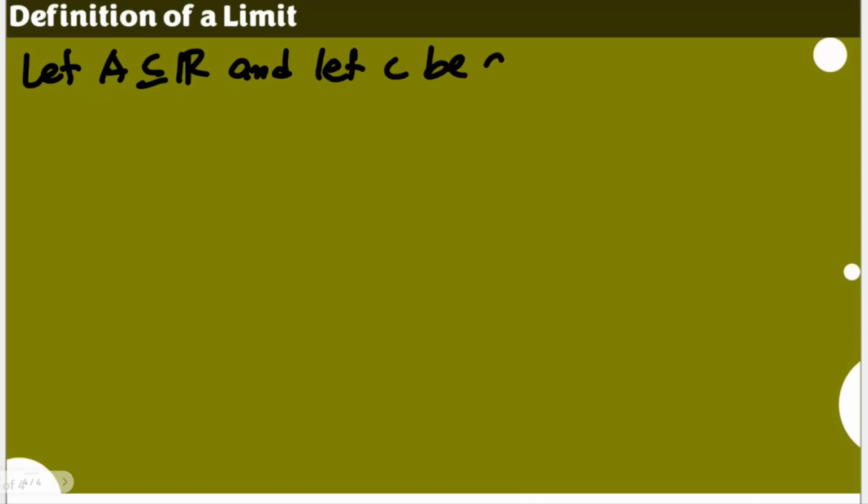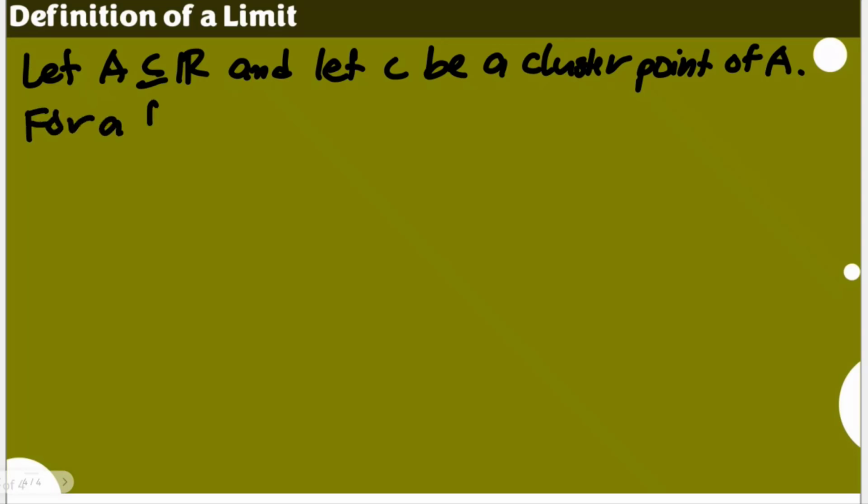So we'll have it here. Let's say A is a subset of R, and let C be a cluster point of A. Take note that C may not be an element of A. C may or may not, rather, so it would work in that manner. So say for example here, for a function